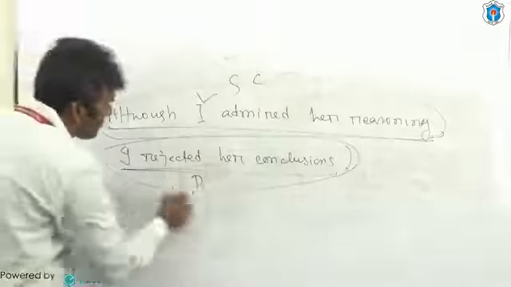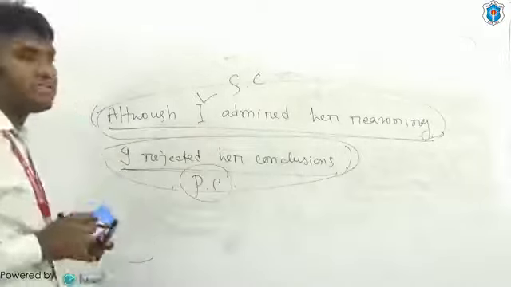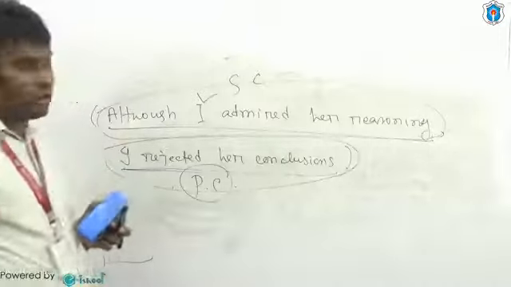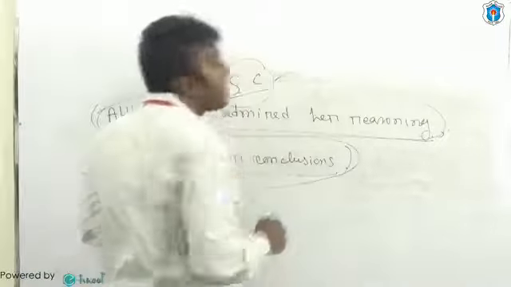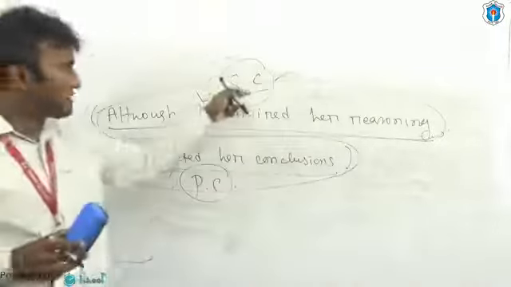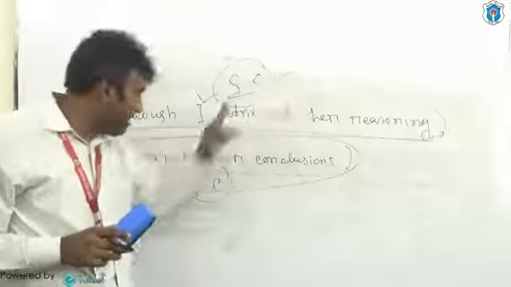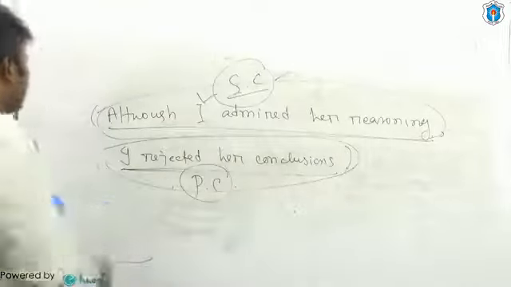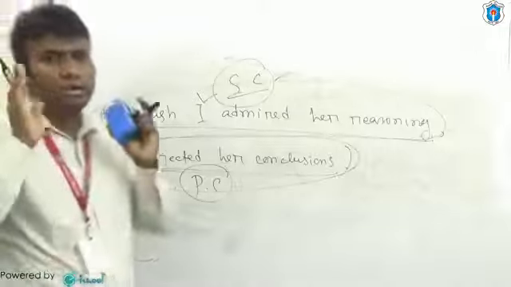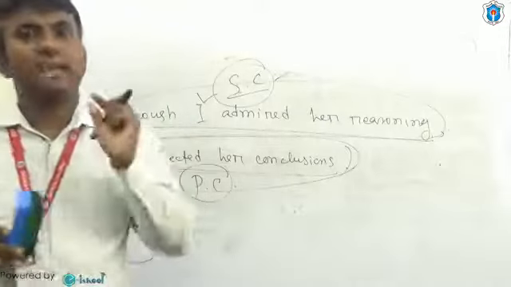Principal clause is also called independent clause. Subordinate clause is also called dependent clause. So subordinate clause has another name, and that is dependent clause. Principal clause has another name, that is independent clause. So up to this part we have completed simple sentence and complex sentence. We have another sentence,